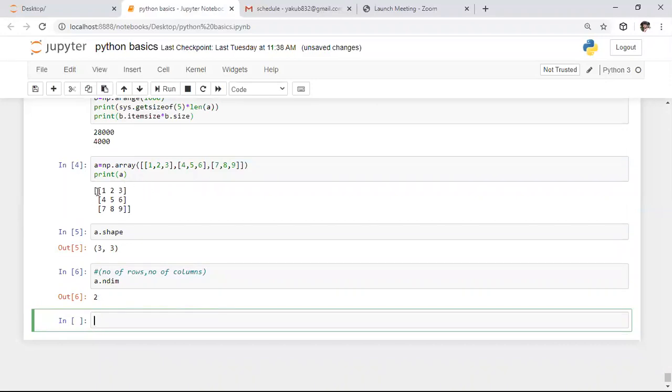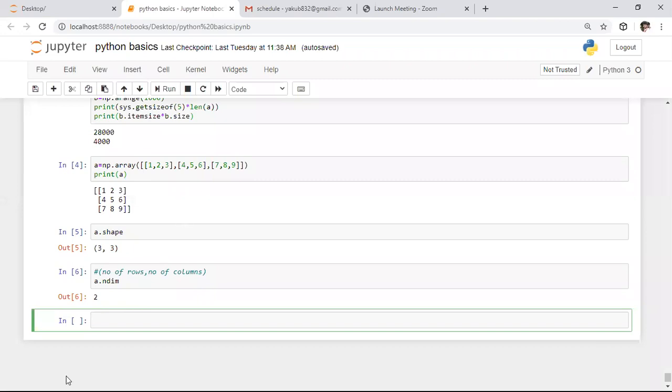In this matrix, we have x-axis as well as y-axis only. To understand the dimensionality clearly, remember the simple logic: how many brackets you use to define this list, that is considered as dimension. Here I used only one nested list, that means I used two different kinds of list. That's why it gives dimensionality as 2. So ndim is used to know the number of dimensions present in any array.